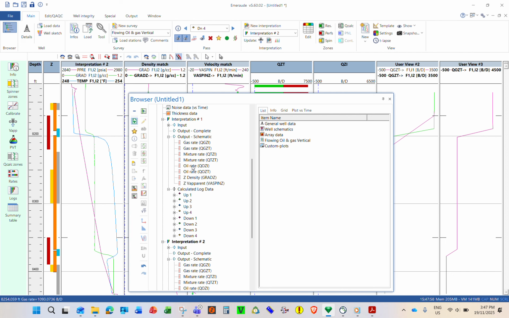So I need to copy QGZT to data store, and I copy QOZT to data store. So when you copy the number, it's disconnected. So whenever you update, it will not update the one in data store.